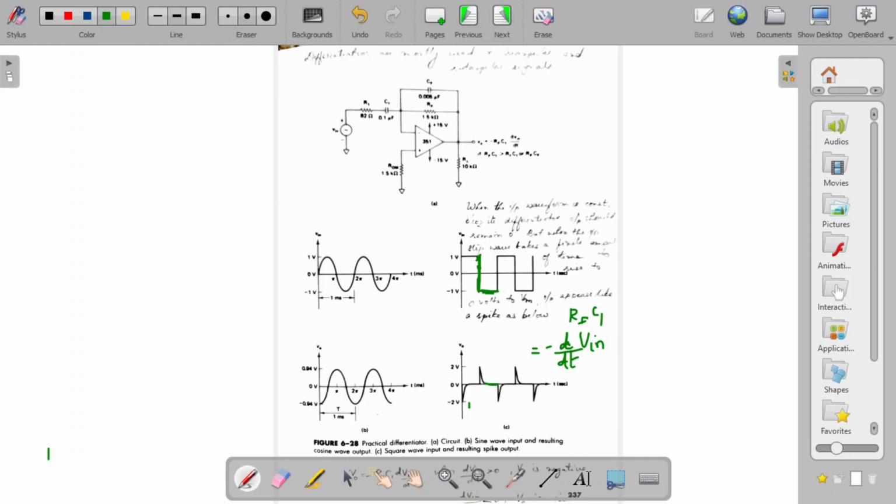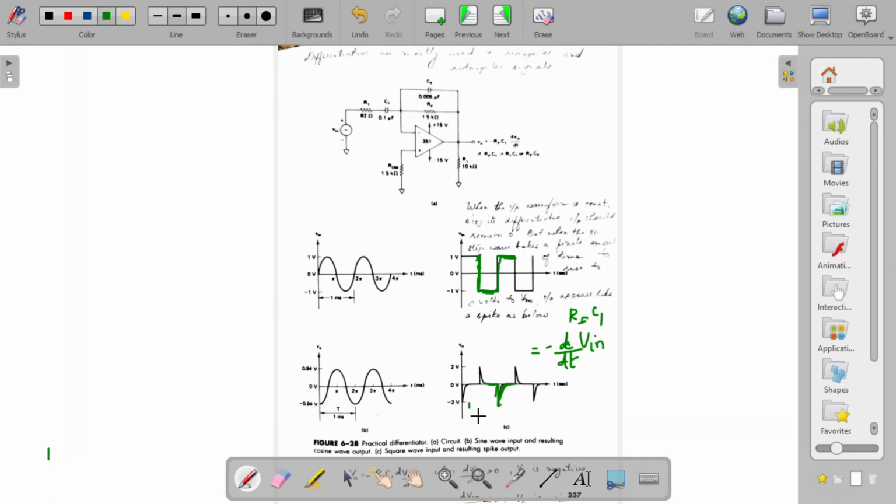But then again, from here to here, the input is positively increasing. When it positively increases, you will have a negatively increasing output, right? Again, over this time it remains steady, so the output will increase in the negative direction, again reduce to 0 and remain 0 over that time. This happens again and again, and for the input square wave we will get a spiked output signal.